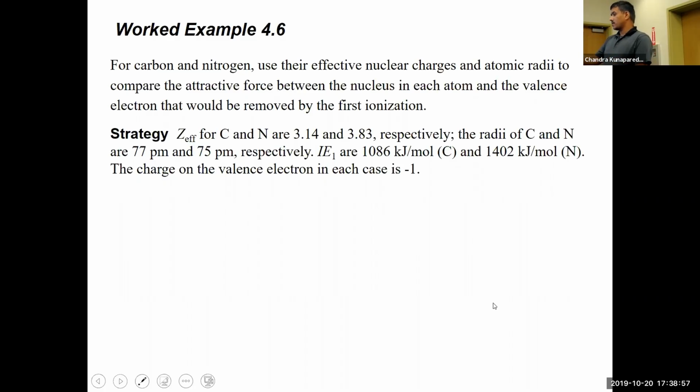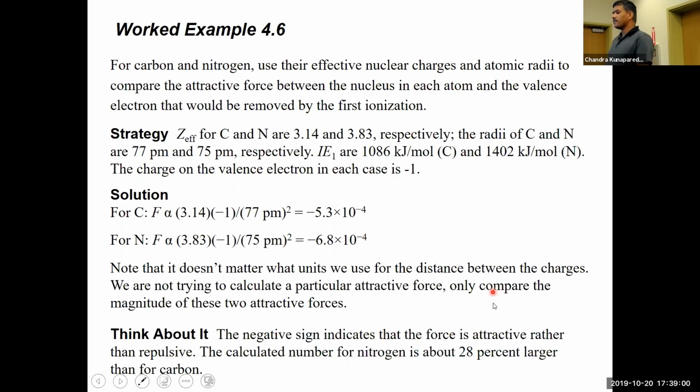Here, if you calculate the force of attraction for carbon using its Z effective and the charge of the valence electron using its atomic radius, it happens to be a negative 5.3 times 10 to the power of negative 4, whereas for nitrogen, because it has a greater Z effective charge and a smaller atomic radius, it is going to have a force of 6.8 times 10 to the power of negative 4. So here it is basically showing that nitrogen has